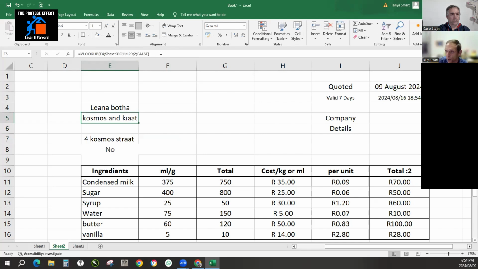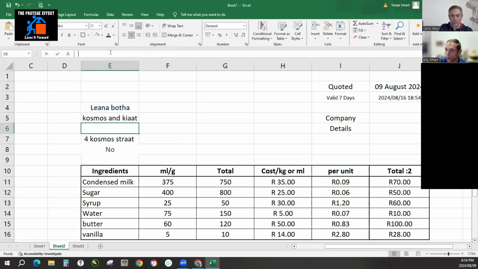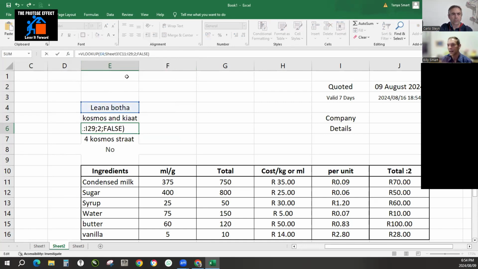If that does happen to you, and you do manage to break this one, and it's a bit complicated to fix, you can't remember, you can go and copy one directly from the formula bar. Don't ever copy from the cell. Copy directly from the formula bar. Click on the cell that you want, and then you can paste it into the formula bar. That way, nothing moves. It keeps the original references,